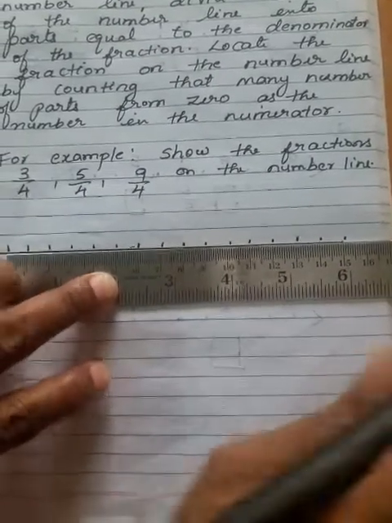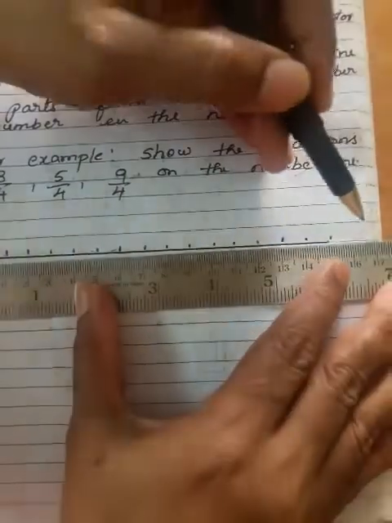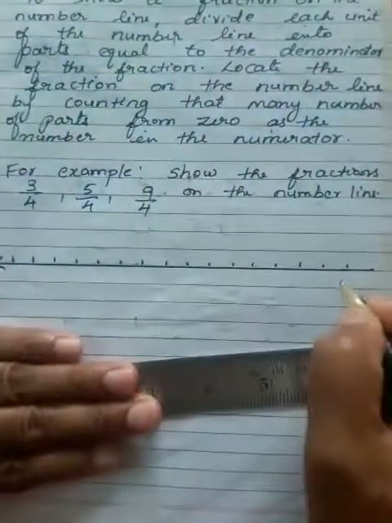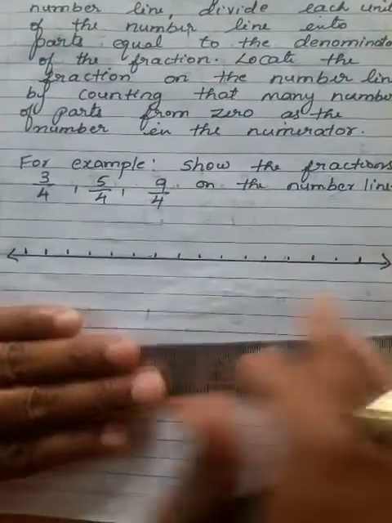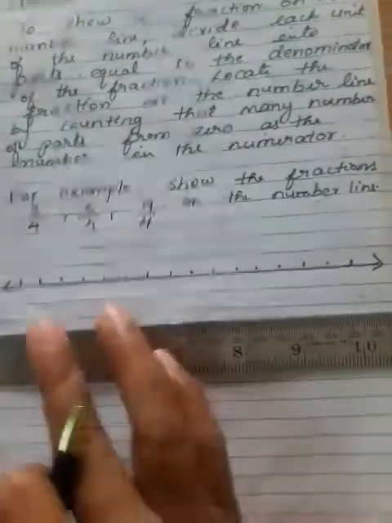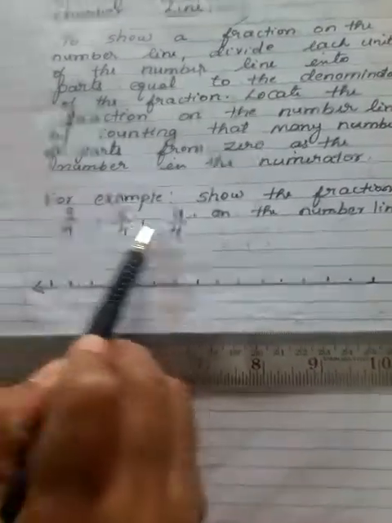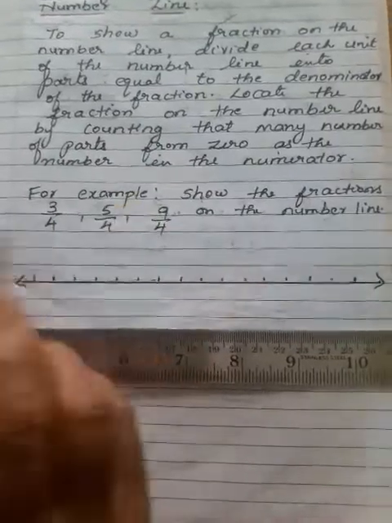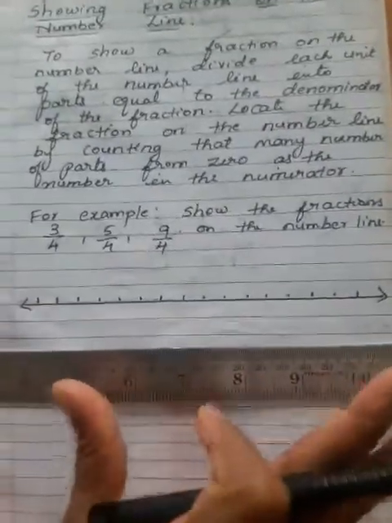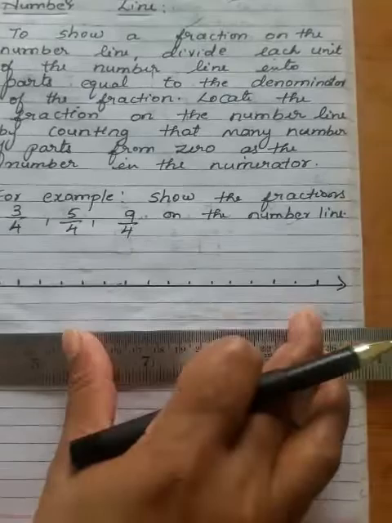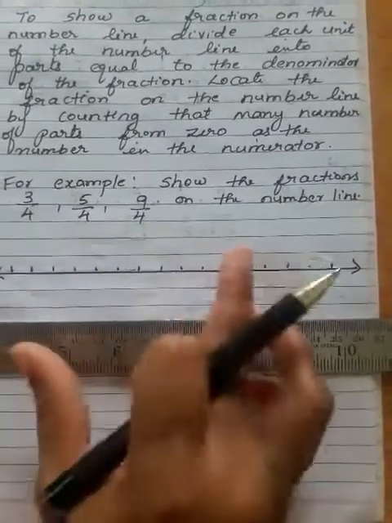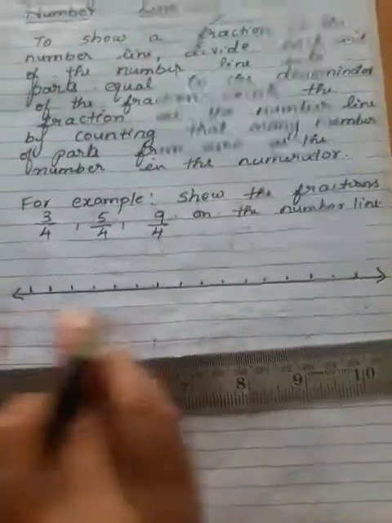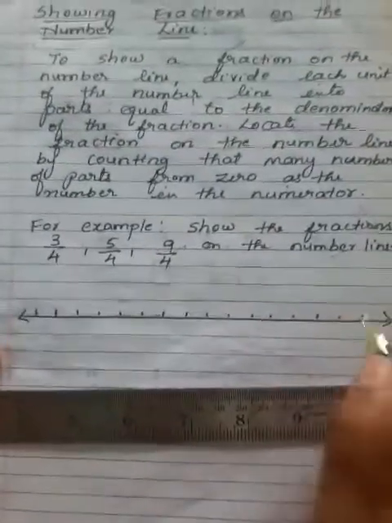Okay. So 15. Then if you want, we can extend the line also. So till 15 enough. Because how can you find out what is the length of the line? You should see the numerator. Here the bigger number is 9. So that means we at least need 10 or 11 centimeter. The length of the line should be of 10 or 11 centimeter. So first draw a line, then make the marking at a distance of 1 centimeter each.